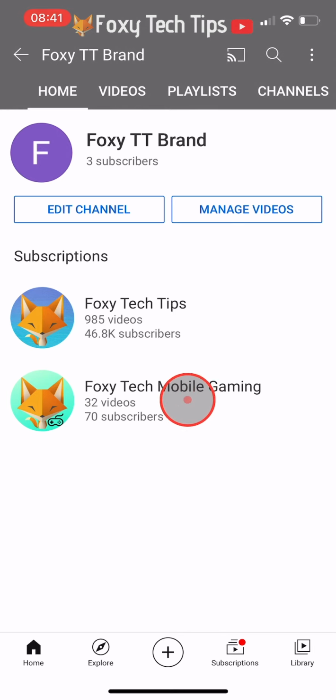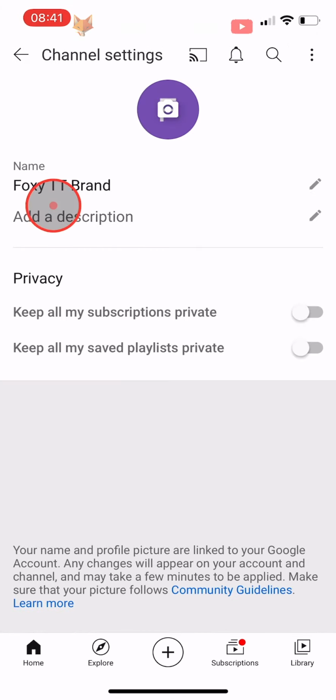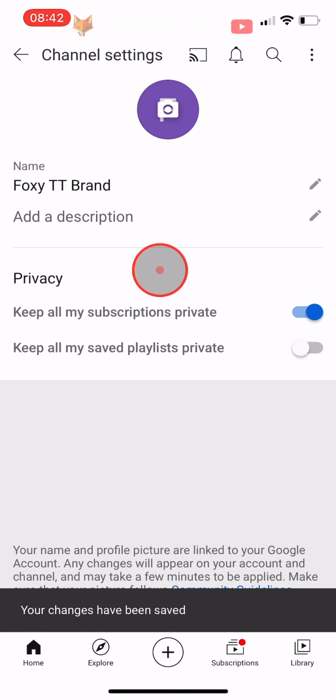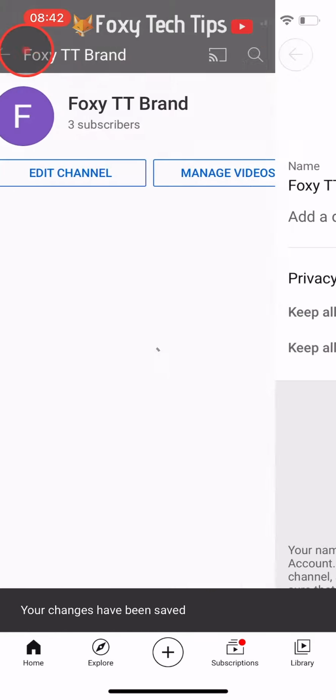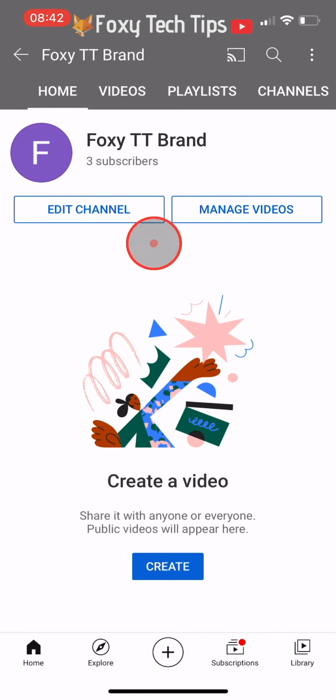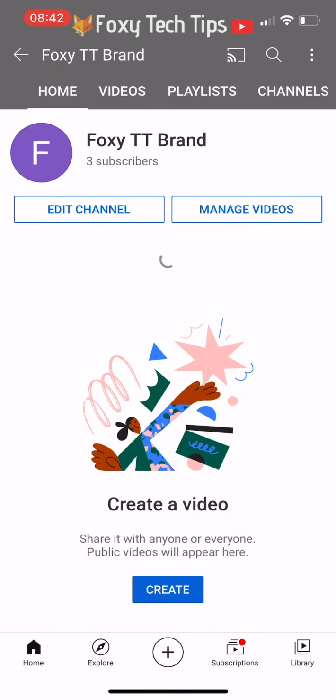On your channel page in the YouTube app, tap on Edit Channel. Under the Privacy tab, there is a setting called Keep All My Subscriptions Private. All you have to do is enable this toggle to change the setting, and your sub list will then be completely private. If we go back and visit the channel now, we can see that my subscriptions are no longer